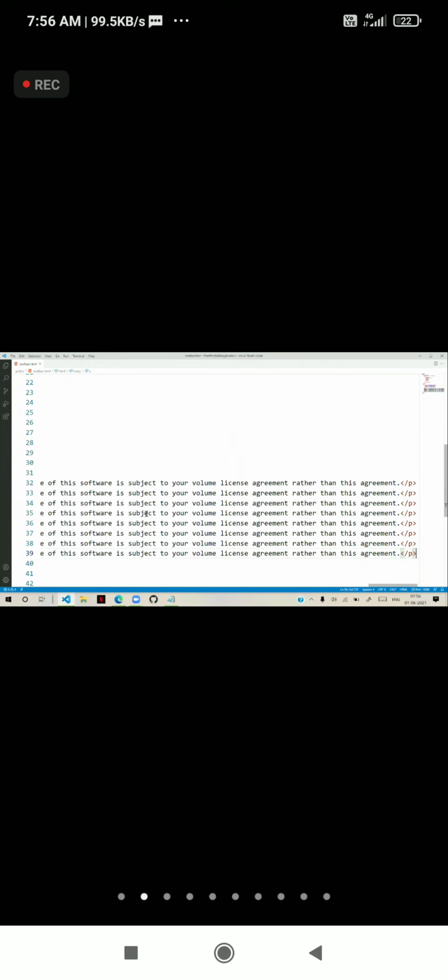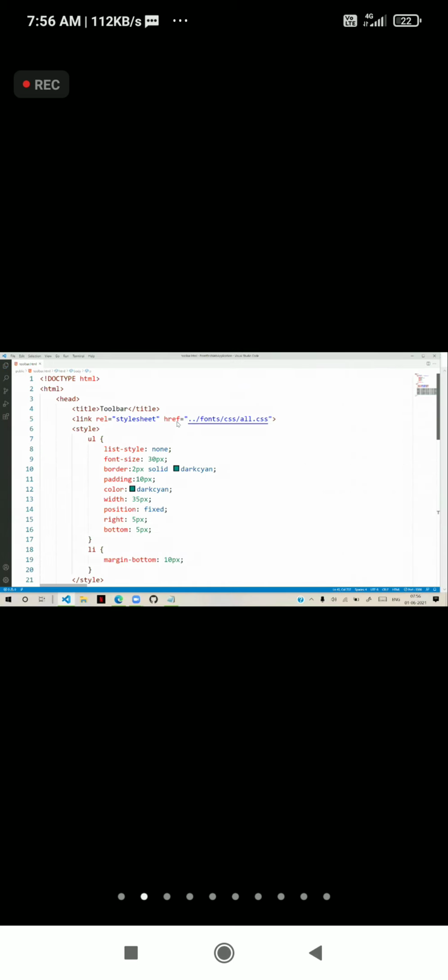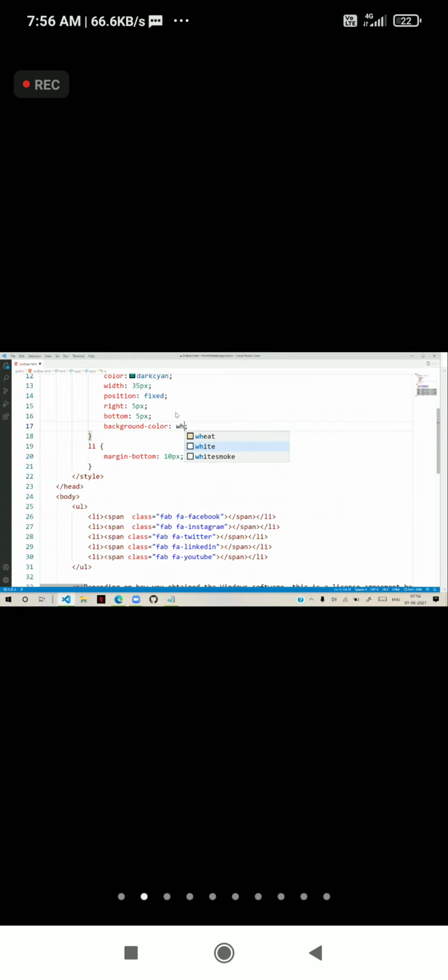You can put a background color for that. Some more paragraphs of information. And for the unordered list, you can keep a background color as well. It looks transparent, so here I can put background color as white. Okay, and it will keep the background in this way. Now you see it will be there fixed at that particular position. It depends on how you want to keep the positions and define.